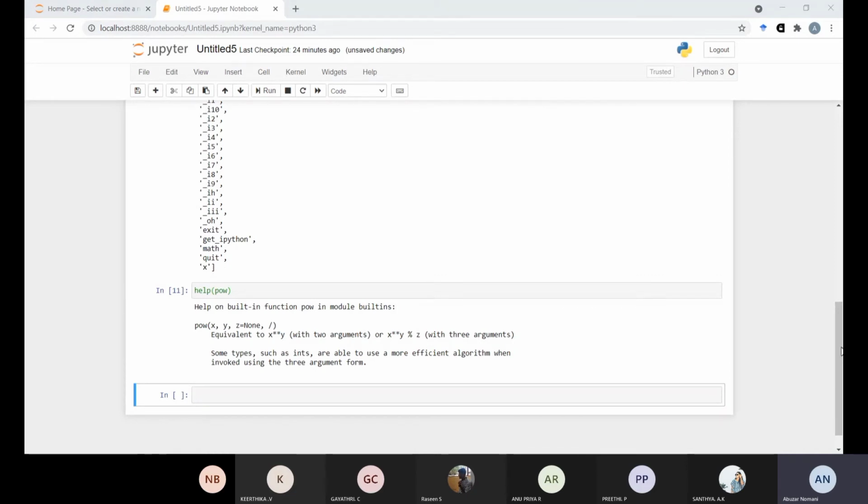Now I would like to give you one more thing with this. For convenience, it is a good idea to adopt a short name for an imported module. Suppose there is a module you want to install and its name is very long, like matplotlib.